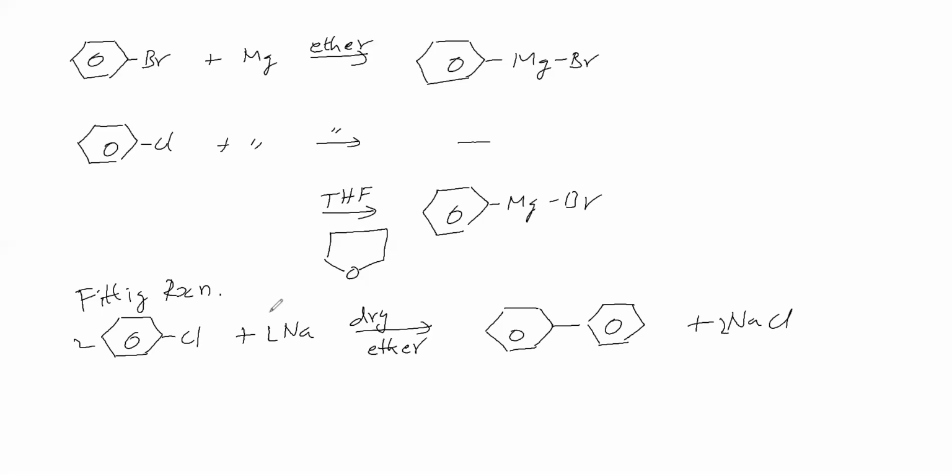Next, how does this reaction take place? It is like the Wurtz reaction. What does the Wurtz reaction say? R-X plus sodium in the presence of dry ether as a solvent gives R single bond R and NaX. We will get an alkane. Alkyl halide, where X is chloride, bromide or iodide, on treating with sodium in the presence of dry ether gives an alkane.